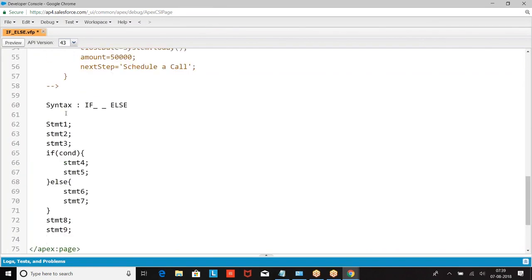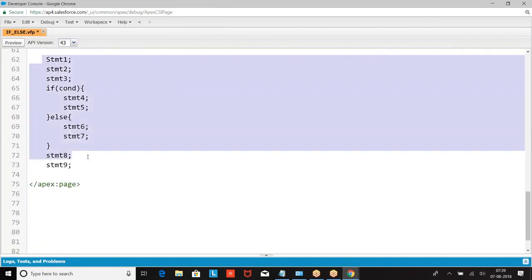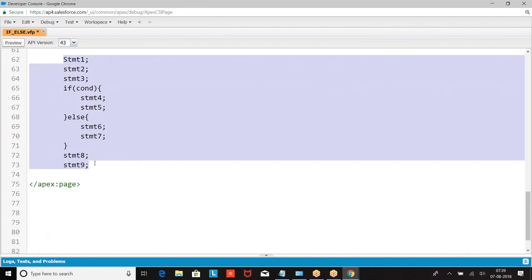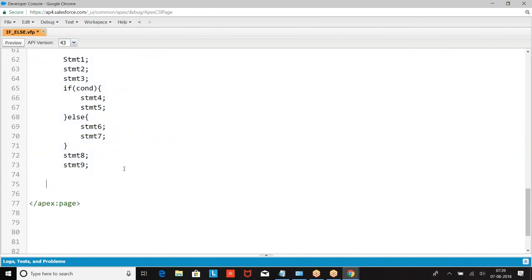Now, this is the program I wrote. If this is the program, what is the possible output, assuming that the condition is true? If the condition is true, the probable output is 1, 2, 3, 4, 5, 8, 9.